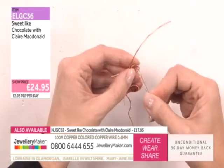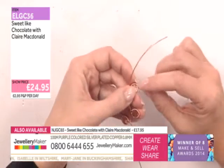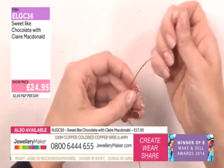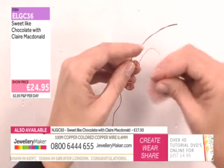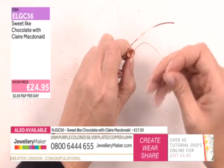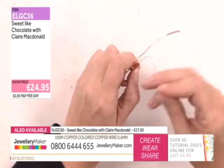So I'm going to go now, so you can see I've hardly got any gap left when I'm weaving through. So all you would do, we've got near to the top. So again, like I say, I've done one wrap, I'm going to push down. And I bring this side over. And you can see that gap is getting smaller and smaller all the time. But what I need to make sure about is I want to,